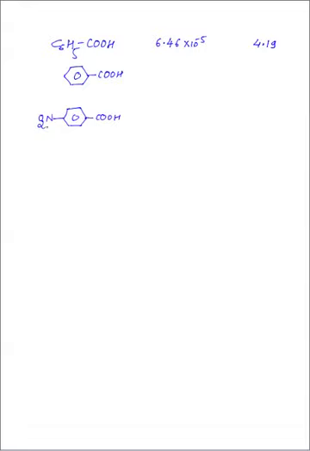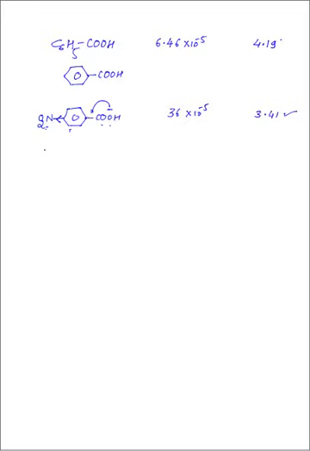This NO2 group is again an electron withdrawing group. It withdraws electrons from the benzene ring so that it can be involved in the delocalization of the negative charge which is formed on this ion, so that para-nitrobenzoic acid is more acidic, having Ka value 36 into 10 raised to minus 5, or its pKa value is 3.41. So if pKa value is less, then it is more acidic. So the groups which show the negative inductive effect increase the acidity of carboxylic acids.